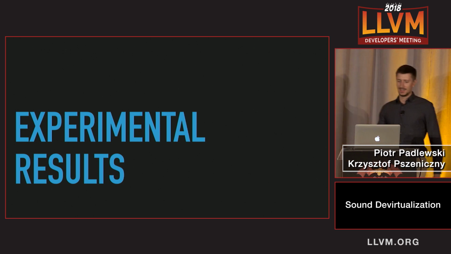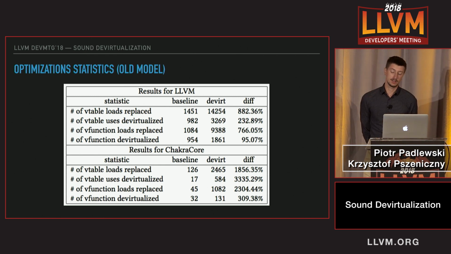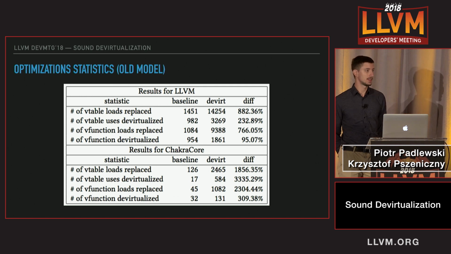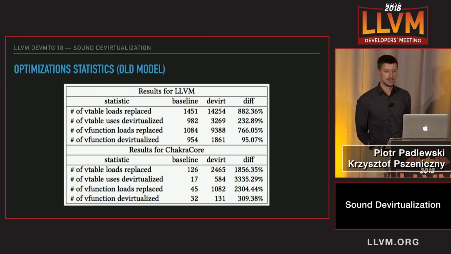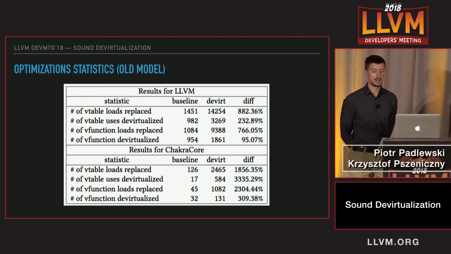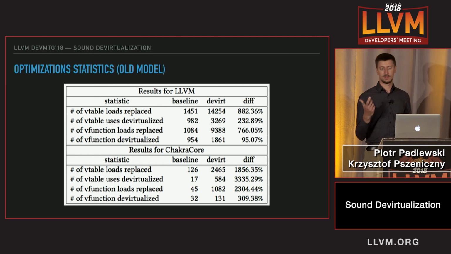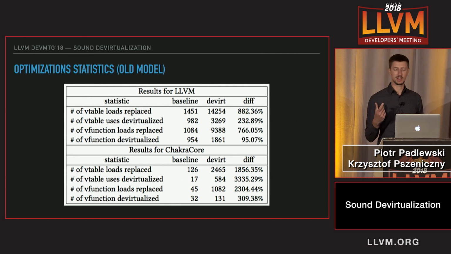Thanks, Chris. Okay, so with the old model, we didn't see much of the improvement, but I gathered some results on how many virtual functions actually get devirtualized by the middle end. And for LLVM, which does not use a lot of virtual functions, it was still around 100% more fully devirtualized calls. And the other numbers show how much devirtualization we get